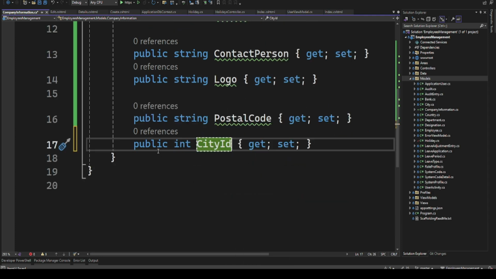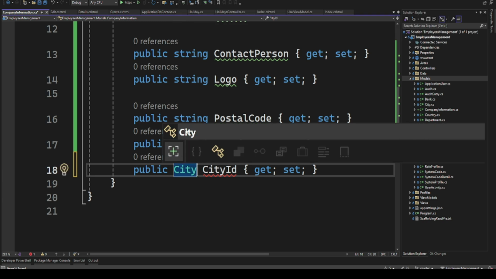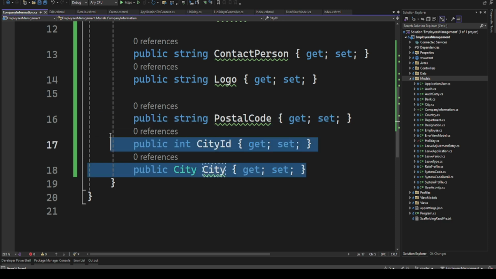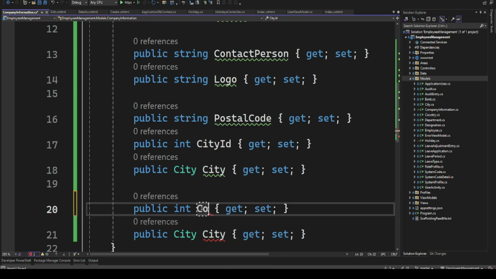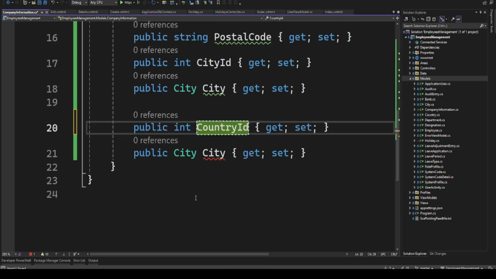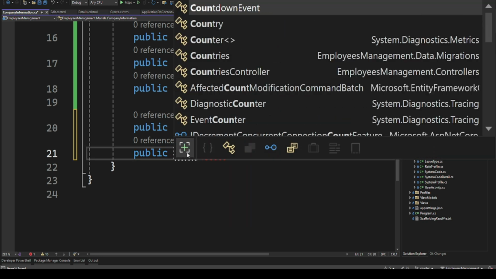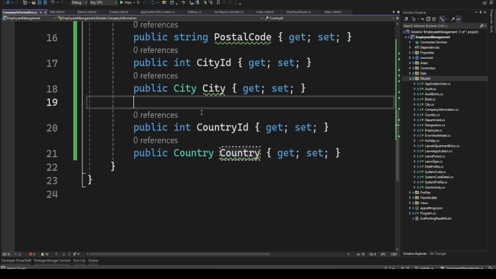So city is part of cities, so I should actually have this as my foreign key. So then I'll have here city, and this will be city. The next thing is I can also do country. So I'll just do country ID. Then I can also do country, and this will be country. So once you are done with that, I think that is it for